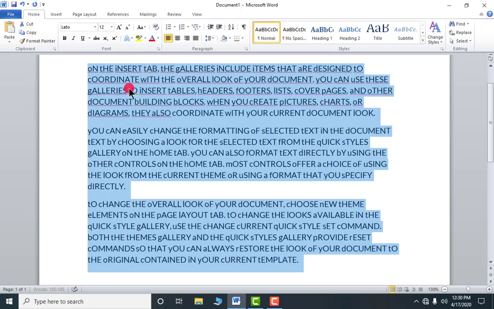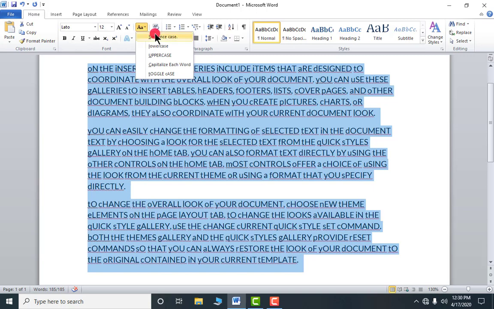Look, it is useless according to me. First character will be small, rest all are capital. First small, capital, small, capital. Okay, so mostly we use these three. Sentence case, by default this is, whenever you do anything they will be in sentence case. Second lower, third one is upper.